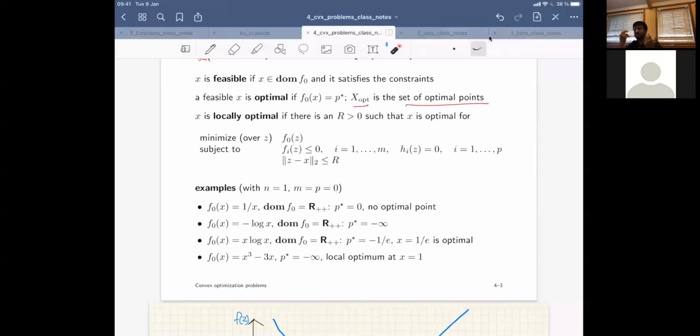If you construct a small region around a global minima, that will again be a global minima of that small region. So this is the way to visualize a local minima. You take a small region around it, then that should be the minimum in that small region. While defining the local optimal, we define using the Euclidean function, right? So does it always have to be the Euclidean norm? Yes, I will say yes, because